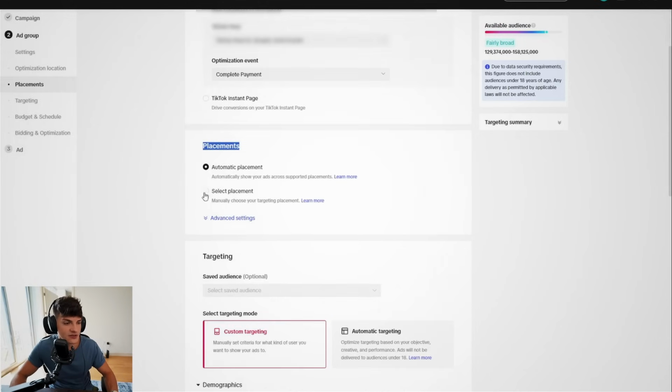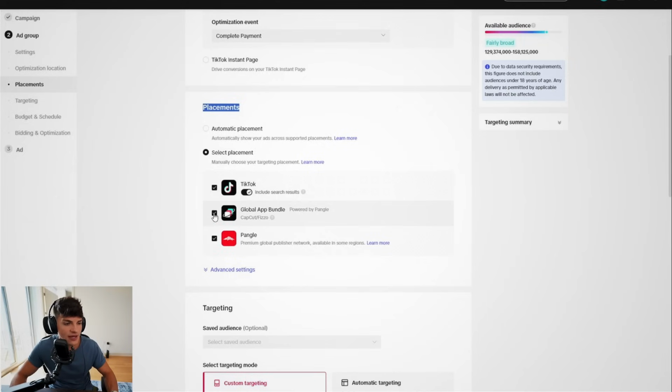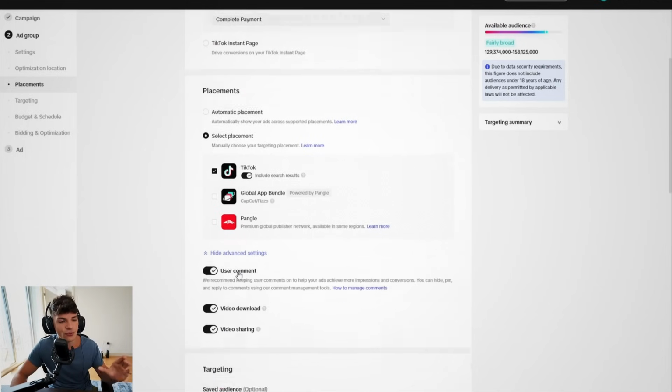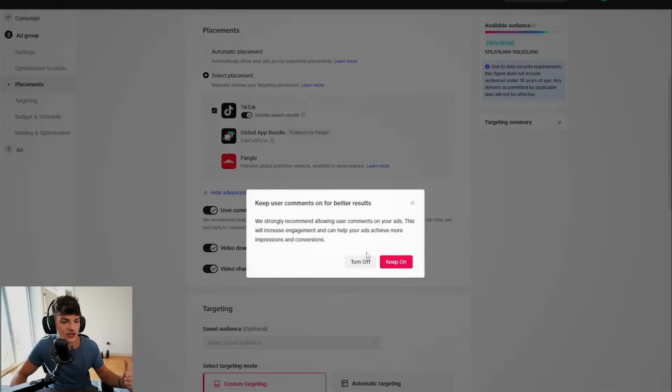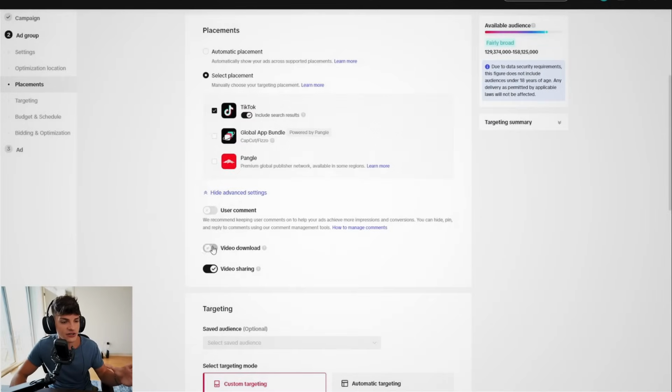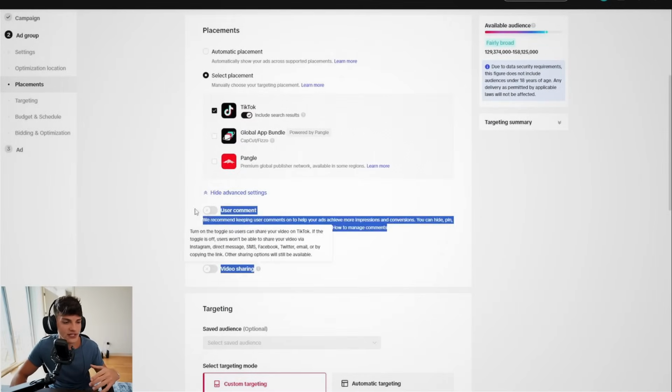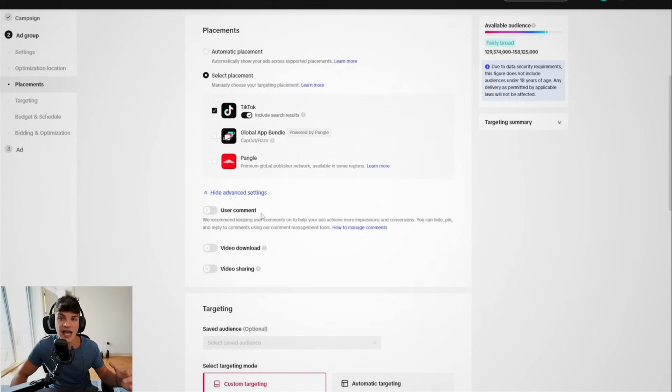Scrolling down to placements, then we want to select manual and only run ads on TikTok. I've never used Pangle or global app bundles, so don't even waste your time with them. And then for advanced settings, we want to turn off user comments, turn off video downloading, and turn off video sharing. The reason we want to do this, a lot of times you will get haters on your comments